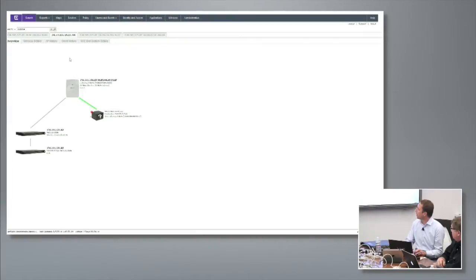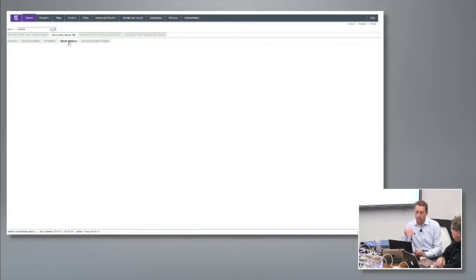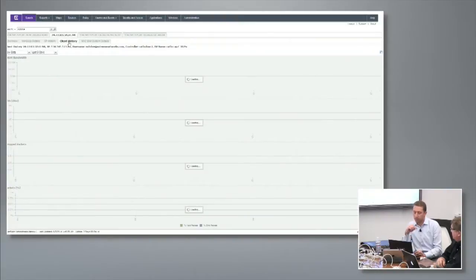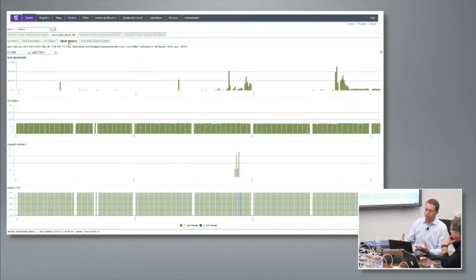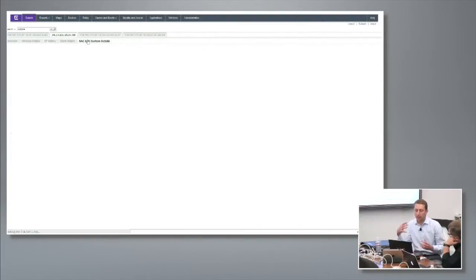AP. I can look at the client history, specifically get RSSI, bandwidth errors over time for that given client. And I also get the same information at an AP level if I want to. So I can obviously see how the RSSI evolved, dropped packets, so there was a problem at some point in time during the day. I also can look at it at the AP level, but specifically I can get all